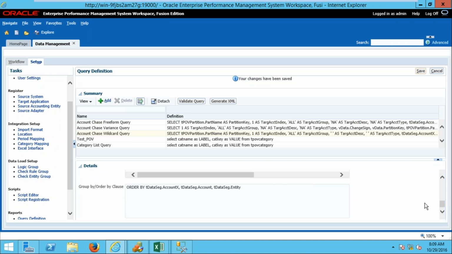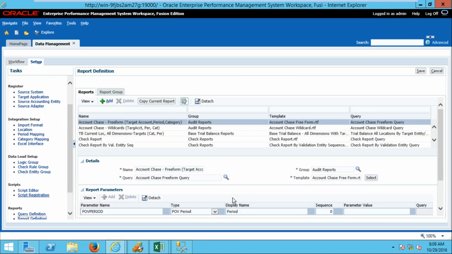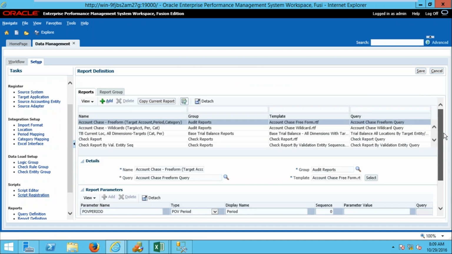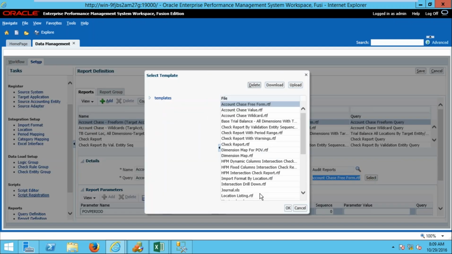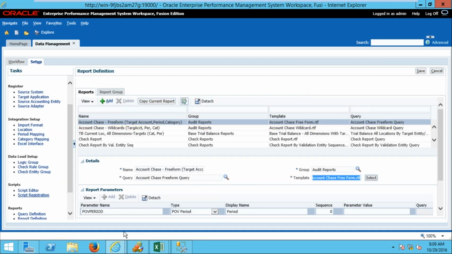Once you do that, the next step is you need to define the report, that is nothing but designing the report. The query is there, then you design the report by providing all the related information. Here we also need to provide templates. These templates are nothing but RTF templates. Okay, so you can find these from